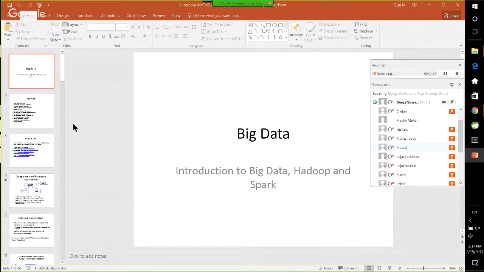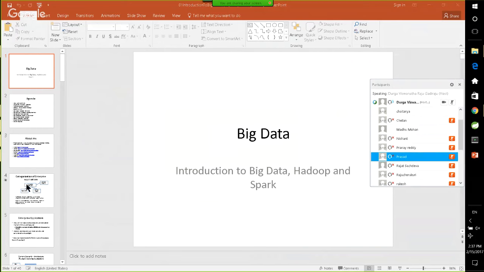So we'll start with big data introduction, and what all different technologies we have in big data and what is the role of each of them. I will go through the presentation, and also I will try to map the skills, the technologies that we are discussing today, on the cluster, what all we have. I will try to explain the relevance of each technology and what all are set up on the lab I will showcase. Okay. So let me take it to the full screen.